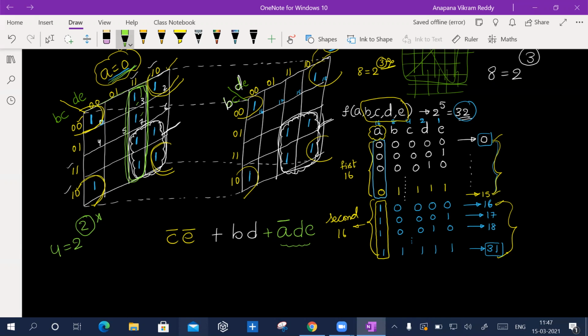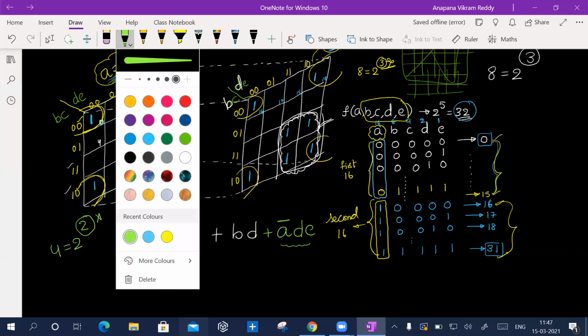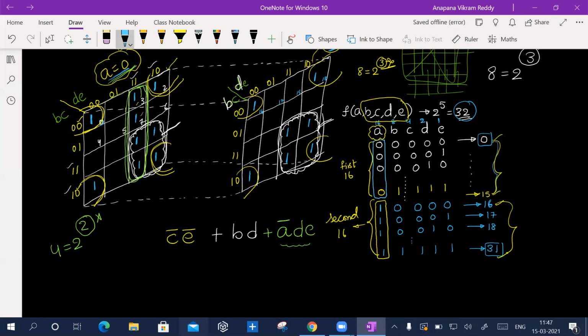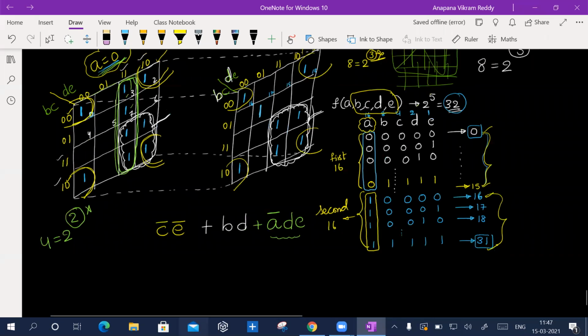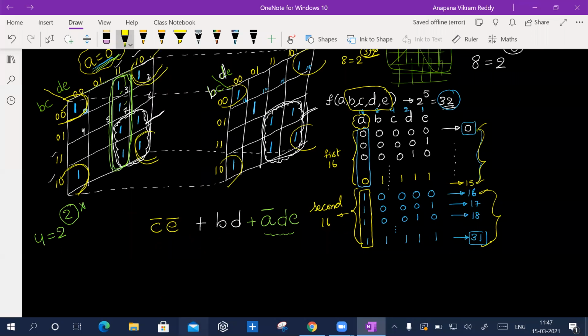For example, let me make this even. Let us take all possibilities. What do I do? For example, I have, okay, I have, where do I put? I put here. Now what happens? I can't do this kind of diagonal pairing, right? No, I can't do this. So I must remove this. Okay, then what can I do? This one is perfectly independent. He cannot get paired with anyone.